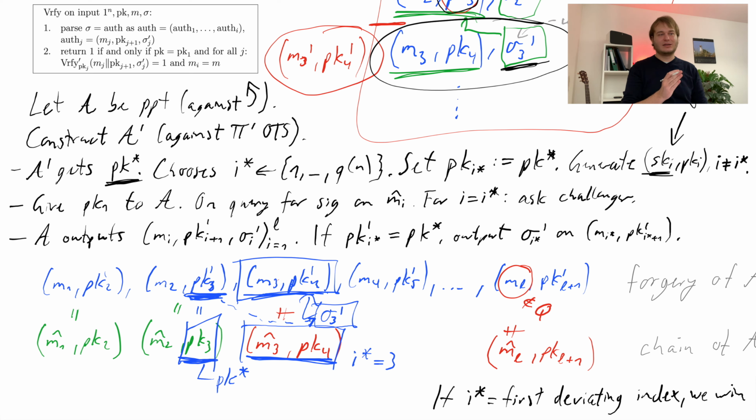We guess I star with probability 1 over q of n. This is exactly this first deviating index. Notice that A doesn't know which I star we chose. For him, everything looks the same. So the chain that A outputs is independent of our I star. So with probability 1 over q of n, we guess this first deviating index correctly. And if that happens, we win. So just for completeness' sake,